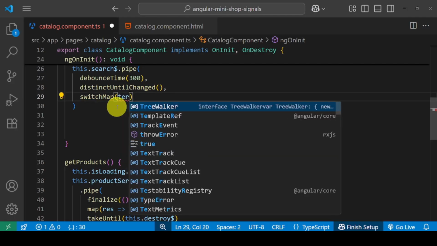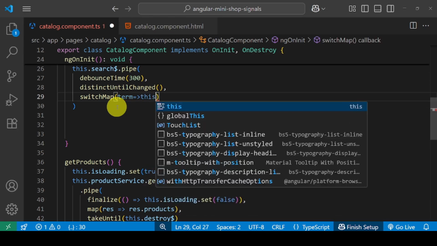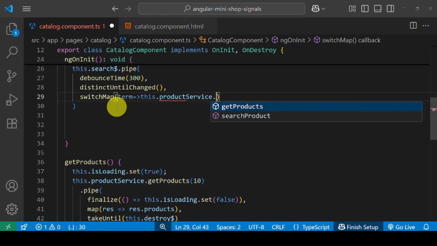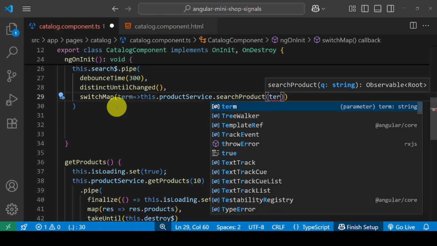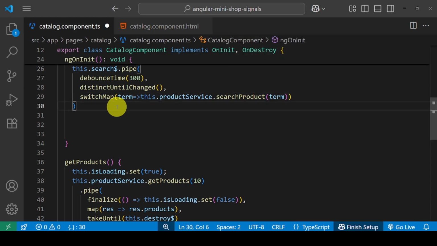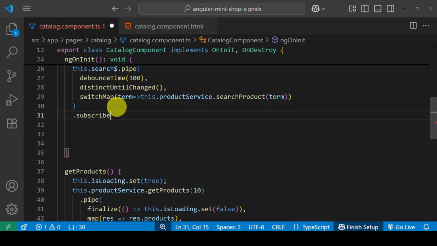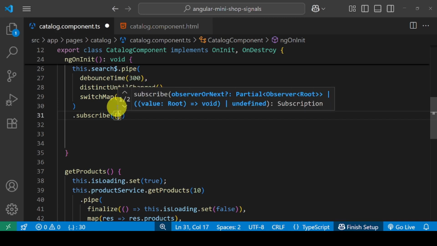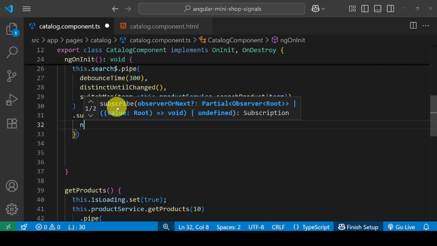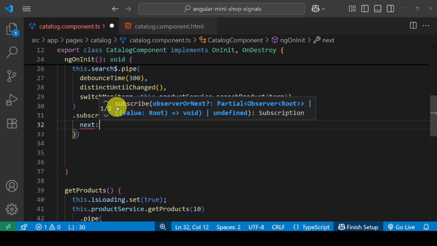In this part of the code, I'm using switchMap to handle product searches. The idea here is simple. Every time the user types a new search term, the previous request gets cancelled and only the latest one is executed. Inside switchMap, I call the searchProduct method from the product service and pass the search term to it.